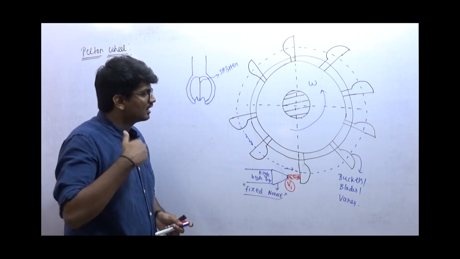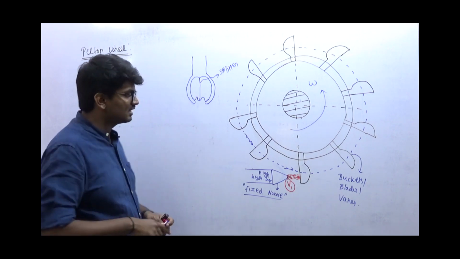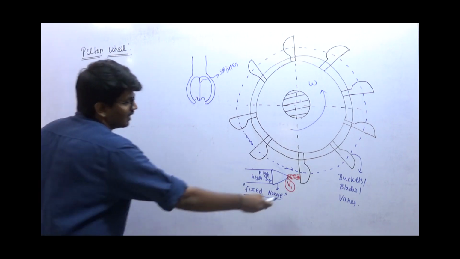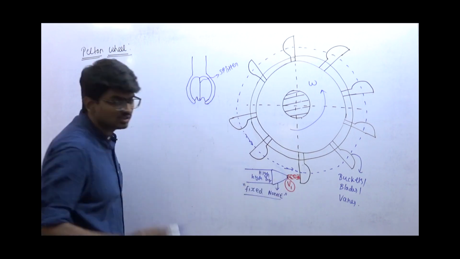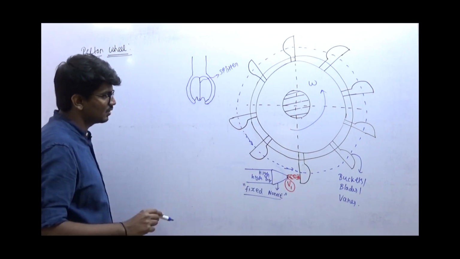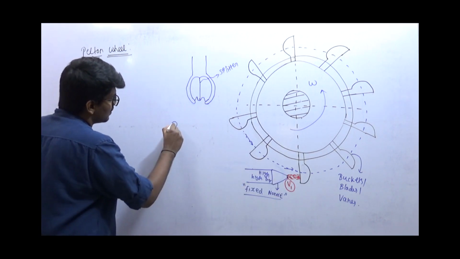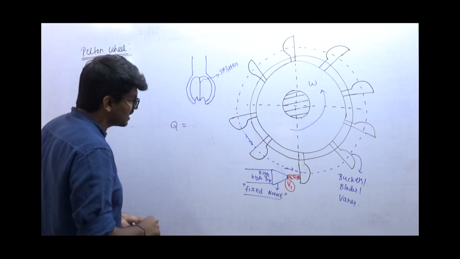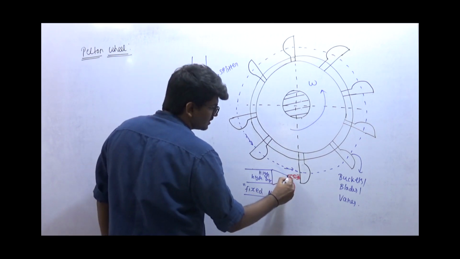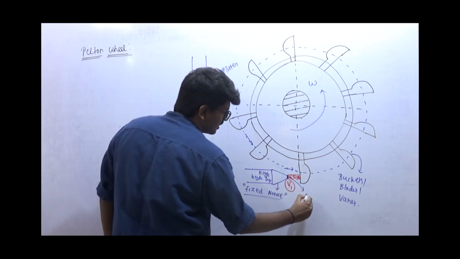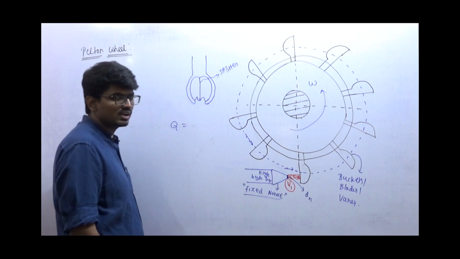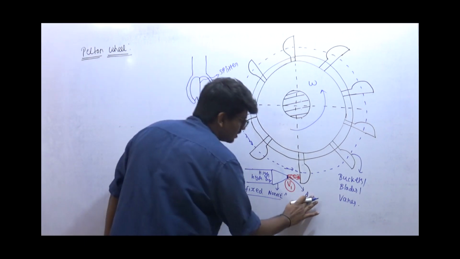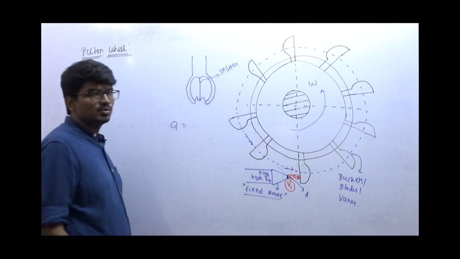Now before going into that, let me explain this. Listen, the velocity of the fluid which is coming out of the nozzle is v1, right? That is the jet velocity or spouting velocity. If I want to find out the discharge from the nozzle, how do I determine the nozzle's diameter? Let me take it as d, small d only.